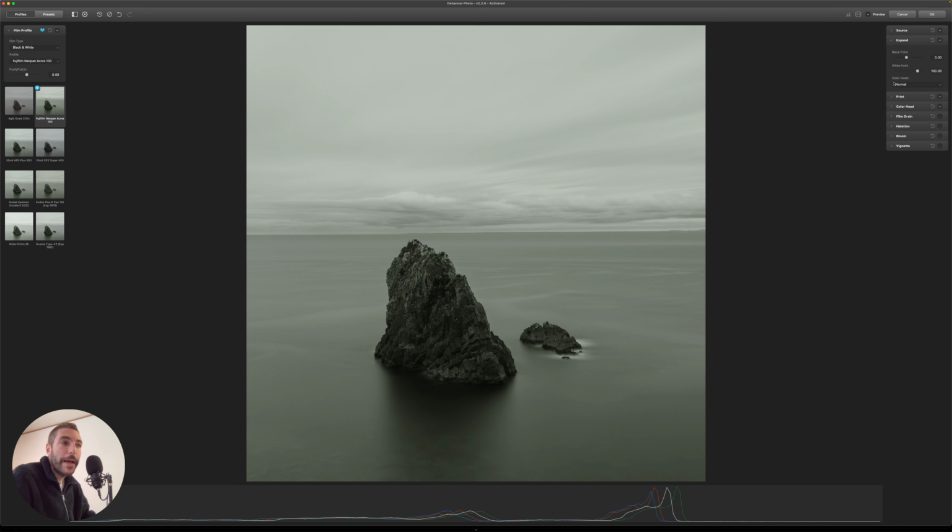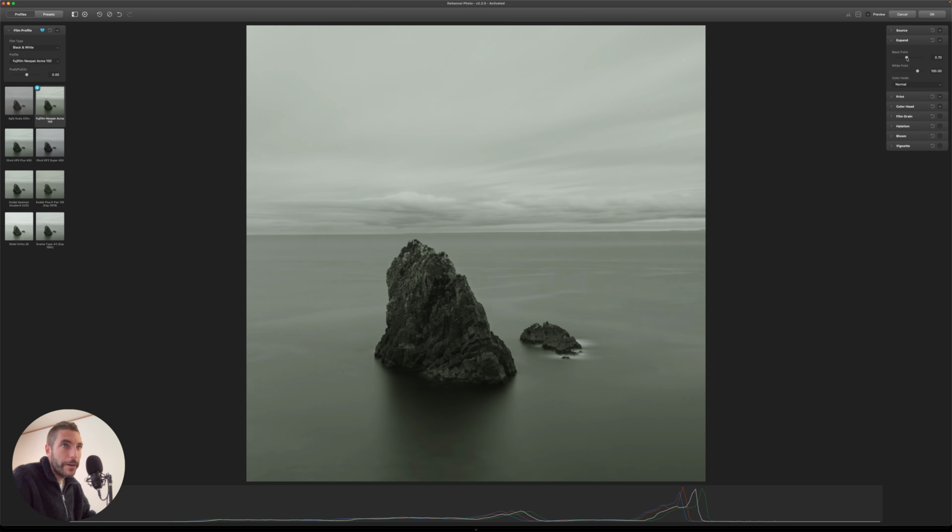Then we have expand, and with this tab, what we can do is, for example, if we think that our blacks are too black or not black enough, and we want to give them more of a matte feel, we can use this black point. We can move it to the left, and as you can see, as I move it to the left, I get more open shadows and a more matte-like quality to my image.